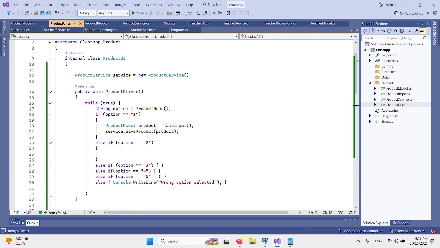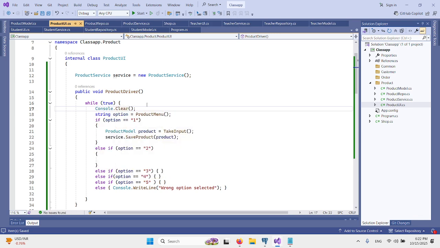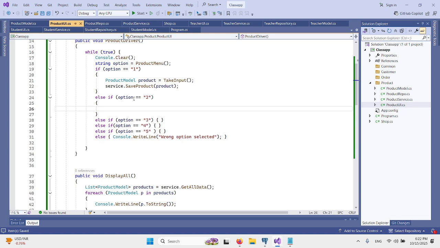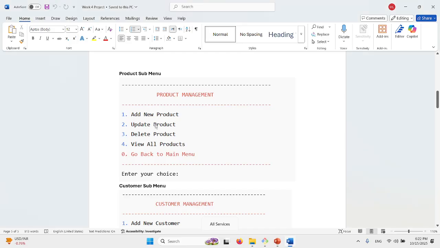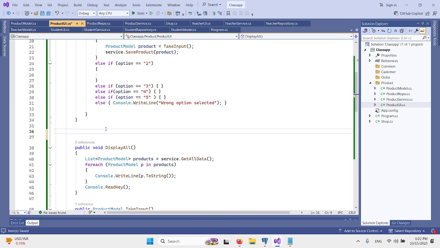So in this case, when you display the menu, console dot clear clears all the data. What is the next option? Update product. For update product, what we take actually: public void update product.